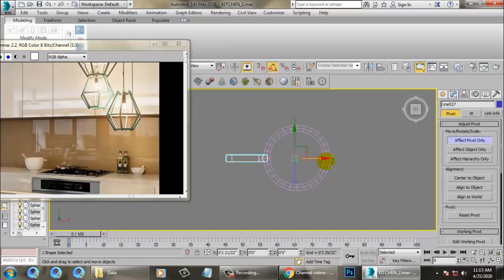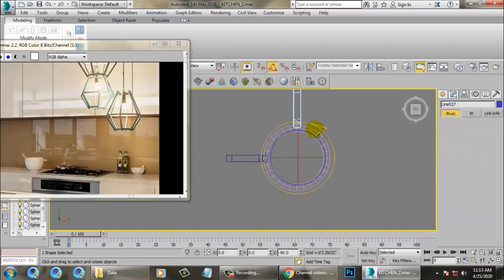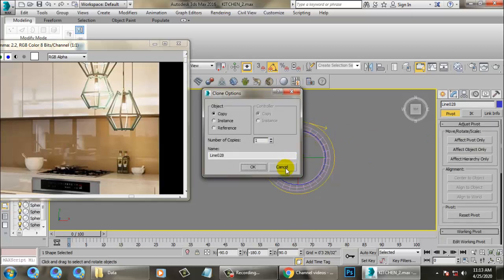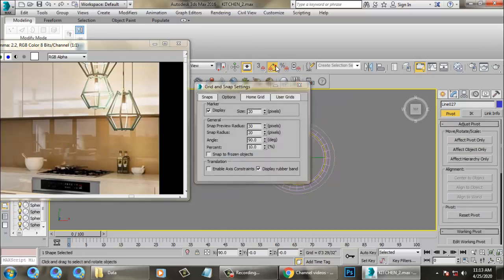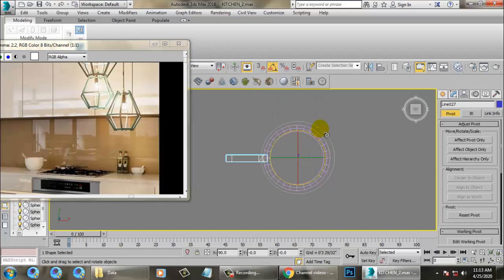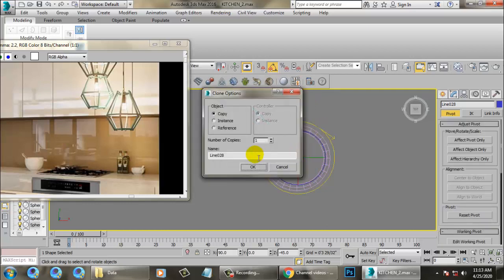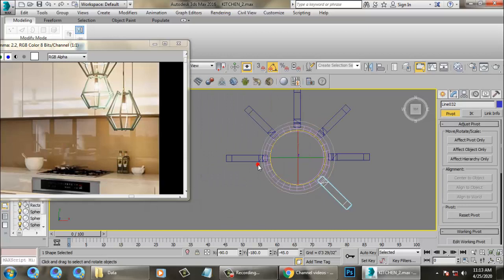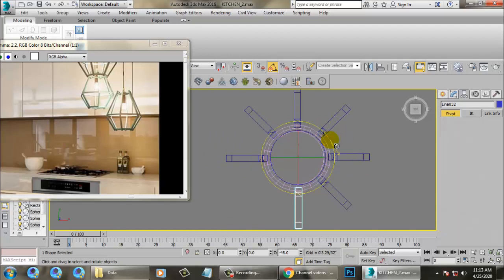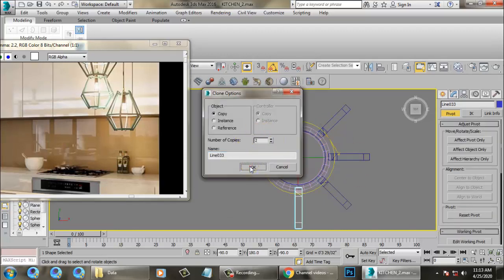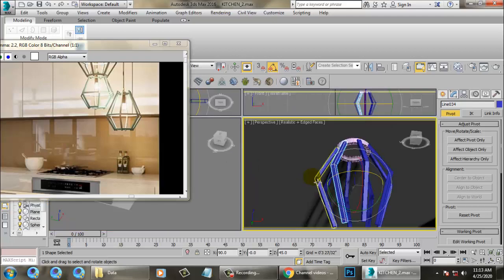Push it over here, rotate it, shift and drag. Let's not make it 90 degrees, let's make it 45 degrees and rotate it. One more copy. Better. Looks good.